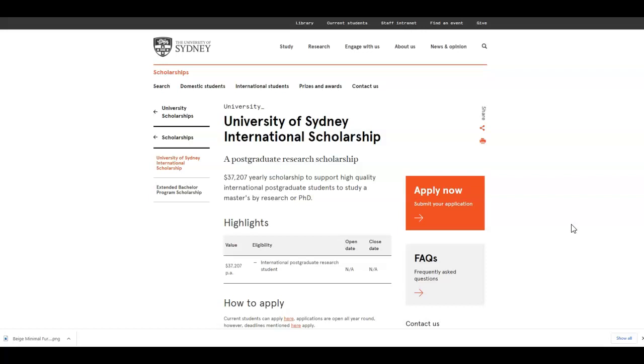So you are only eligible if you want to study at the University of Sydney for masters by research or PhD. This is going to be a very quick one because it's really straightforward in terms of the kind of student they are targeting, the programs, and also the university. Let's get into more details about this particular scholarship, the eligibility criteria, and the deadline. The highlight is you must be an international student looking for postgraduate research opportunities at the University of Sydney, and the value is